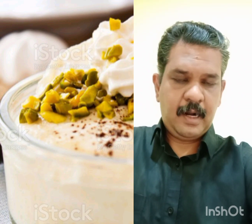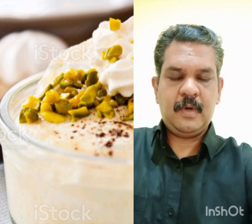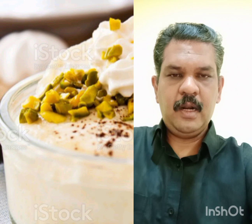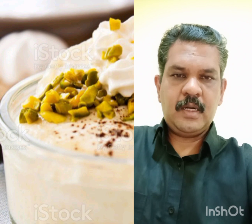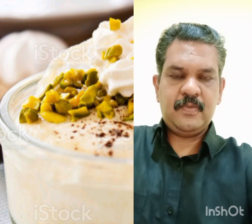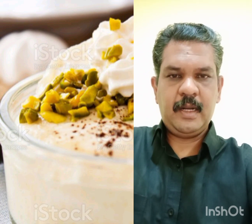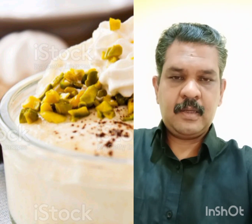Put the cream in another bowl. Cook on low fire for 5 minutes. After the cream gets a little boil, add the sugar. Mix the sugar and cream well, and finally you can add the semolina and just cook it for a fraction of a second, not even a minute. Just a fraction of a second you have to remove it and pour into any glass bowl or